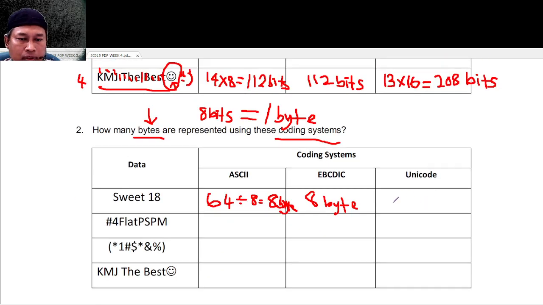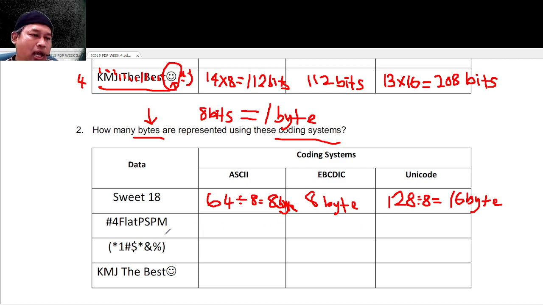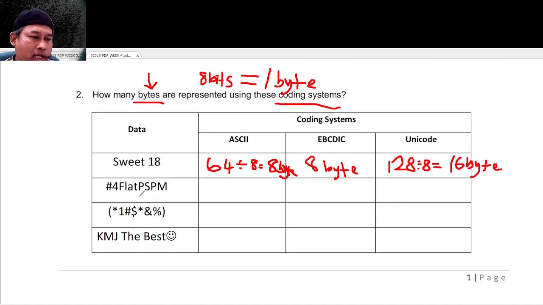Unicode 128. Now divide by 8 equals 16. So the answer is 16 byte. Okay, I hope you will answer